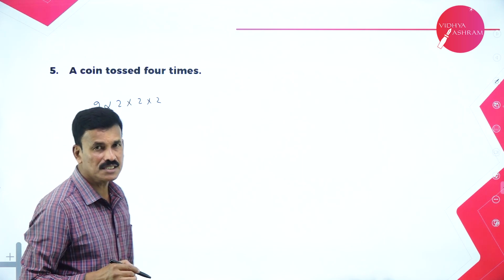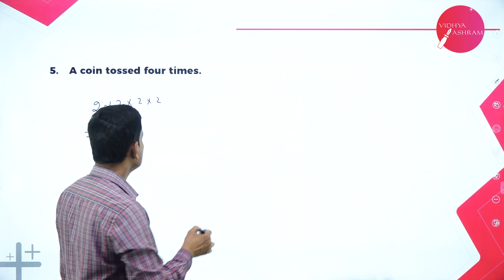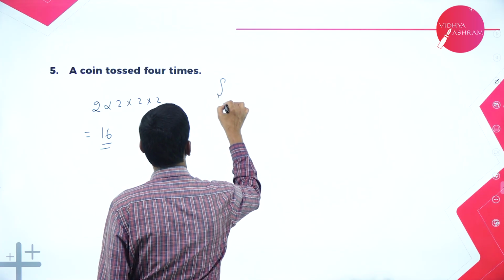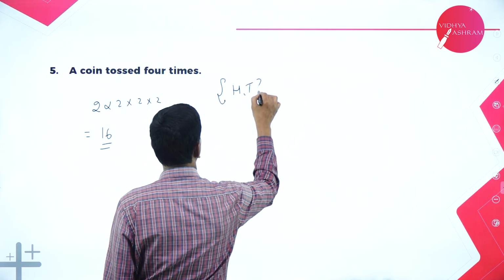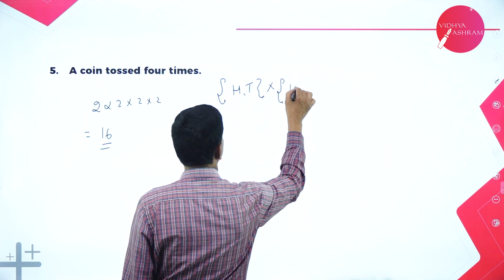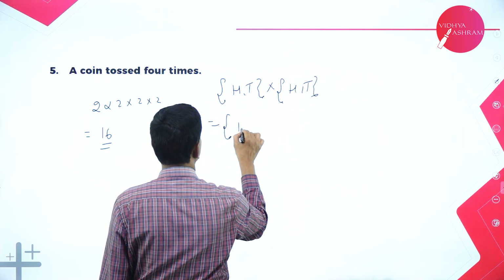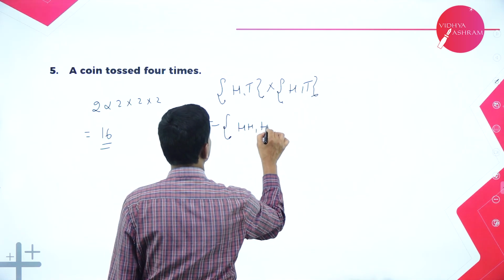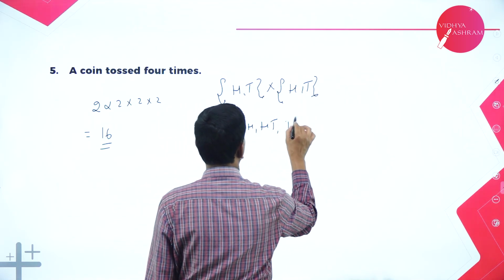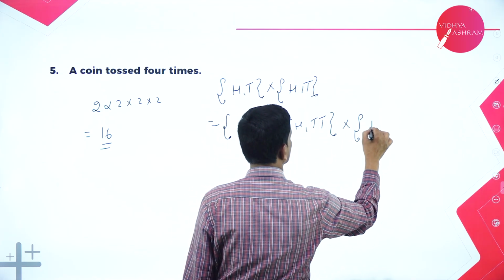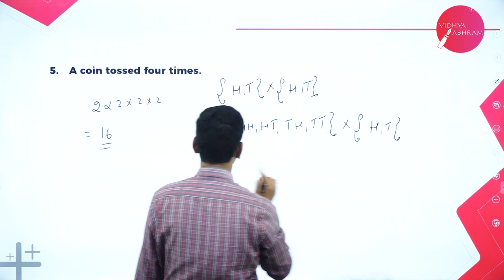The sample space contains 16 events. So, first write down head and tail into head and tail. So, this is nothing but head, head, head, tail, tail, head, tail and tail. Again multiply with the head and tail. So, this is equal to